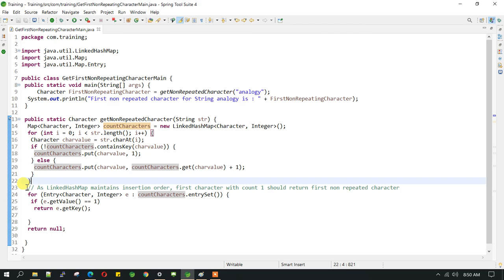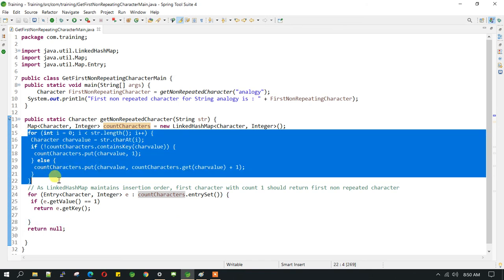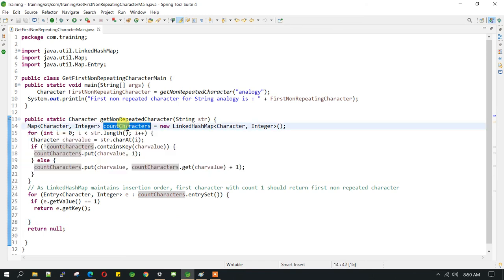Okay, and I have also mentioned in the comment we have used the linked list to maintain the insertion order so that we can identify the first non-repeated character. Once you do this, you are left with a map called count character. This count character will be having key and value pairs. So it will be having a as a key, and the value will be, I guess, 2, because a has appeared 2 times, and n as a key, and the value will be 1. Similarly it will be like this. We will see it while we debug this program. But let's concentrate on the logic right now.